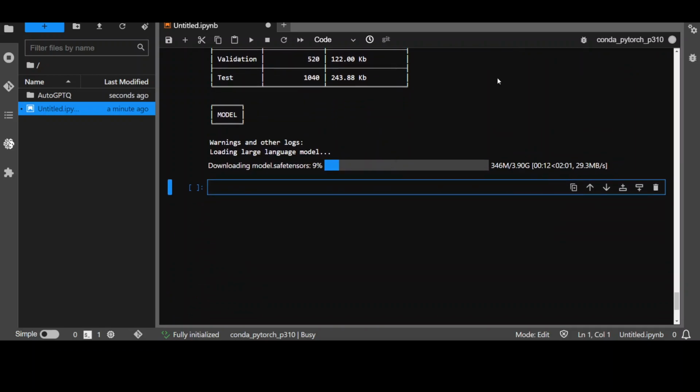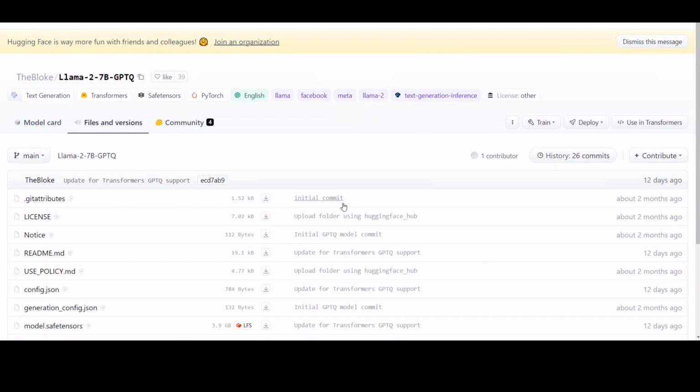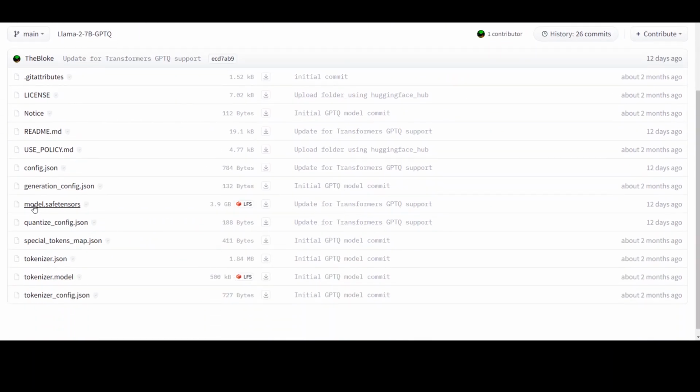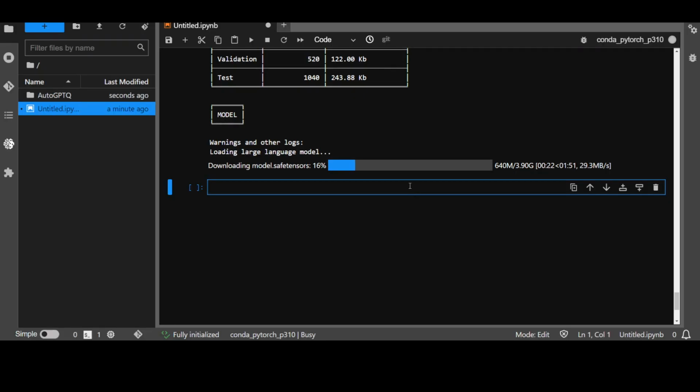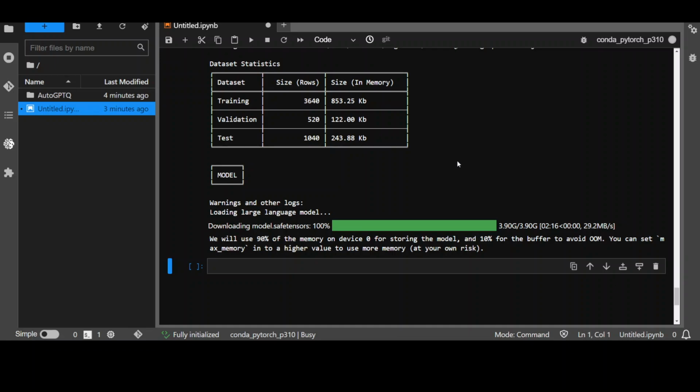which is around 4 gig. So if you go to Bloke's website, go to files and versions, then you can see the model size here which is 3.9 gig, and if you go back to the notebook, this is what it is downloading now. So let's wait for it to finish. It will take some time and then it will use it. Okay, so you can see that the model download is finished, and now it will train the